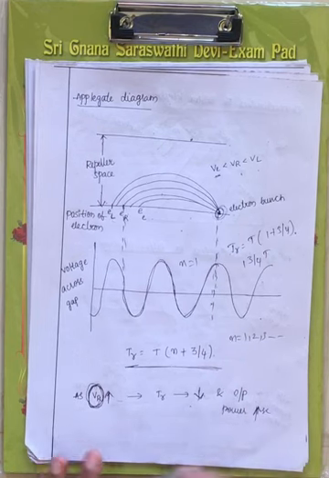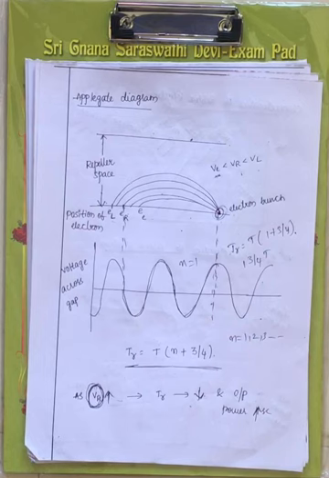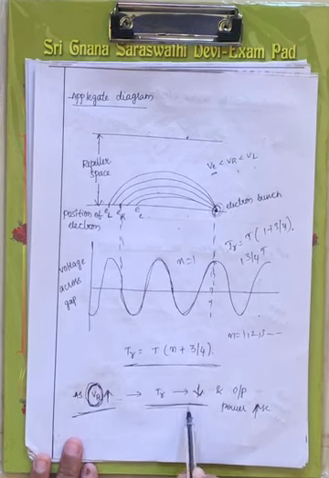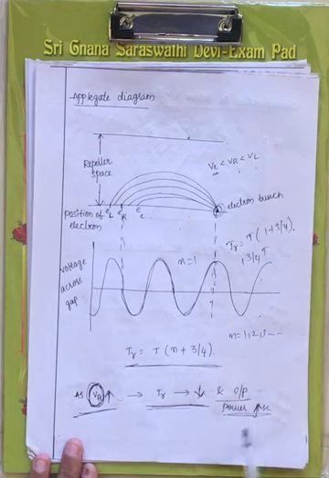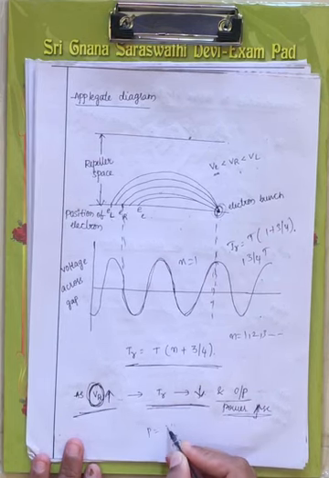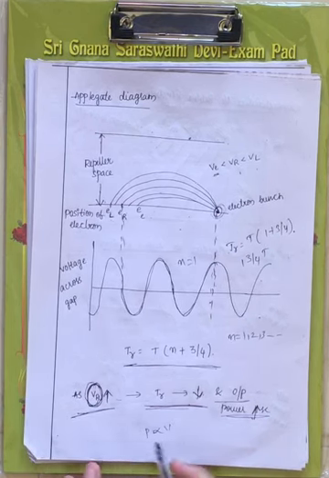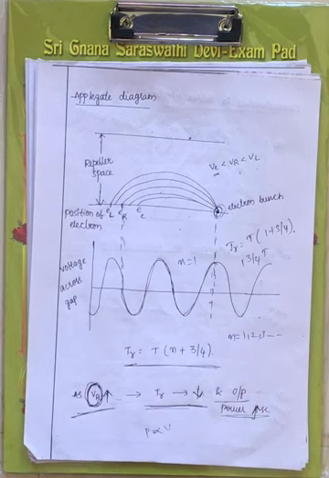Now the output power that you are collecting through the RF output will get increased, right? As we increase the repeller voltage, the time taken to form the electron bunch decreases and the output power increases, because power is directly proportional to V, right? As you are increasing the repeller voltage at your repeller electrode, the output power you will get is more, but the time taken to form the electron bunch will decrease.